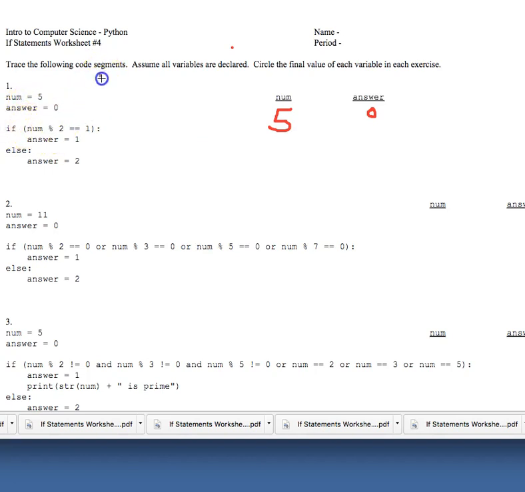If you remember the percent symbol, you better remember, the percent symbol means modulus, or you can think of it as the remainder operator. So num, which is 5, is being divided by 2, and whatever the remainder of that is, is what that expression simplifies to. Well, let's take 5 divided by 2. 2 times 2 is 4. We get a remainder of 1. Now, you probably could do that in your head. The remainder is 1. 5 divided by 2 yields a 1 remainder. Anyway, all of this simplifies to the 1 that we just